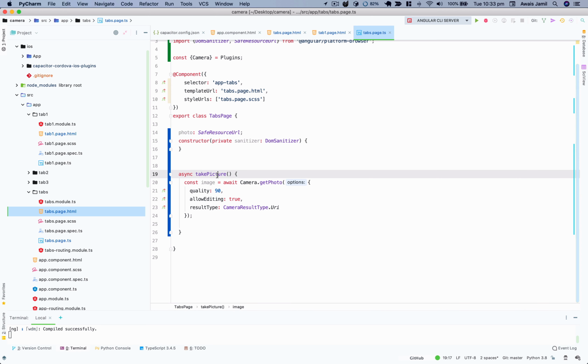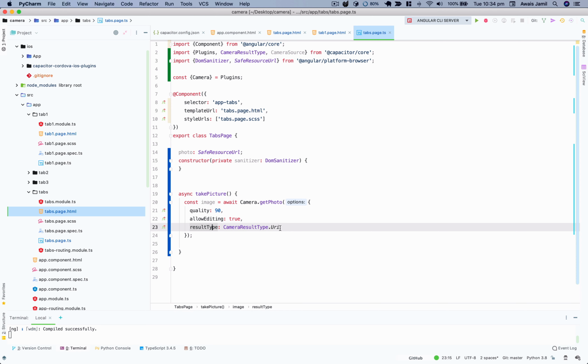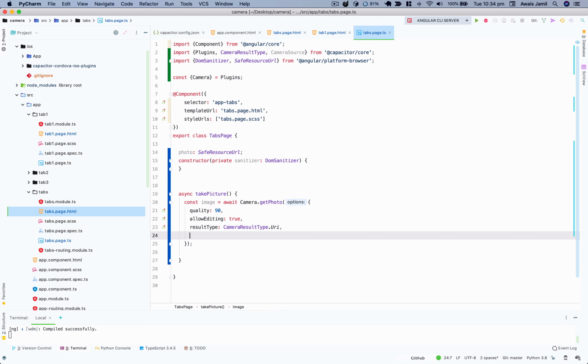So in the takePicture function, we are accessing this camera plugin from here. We're calling a function getPhoto, and here are the properties. There's allowEditing, resultType, and we tell it the source as well. So here's the source property, and then CameraSource.Camera. Okay. Now, once we take our picture, we need to be able to access that base64 data from the